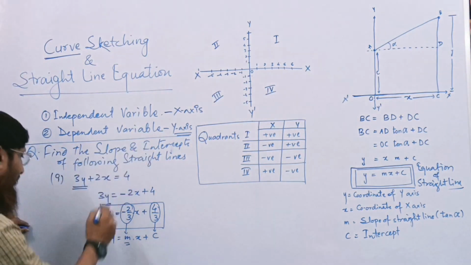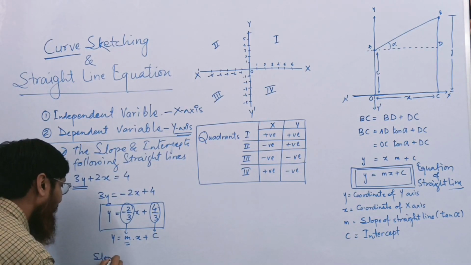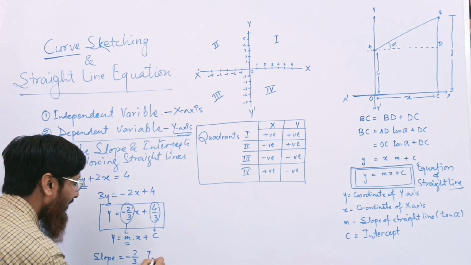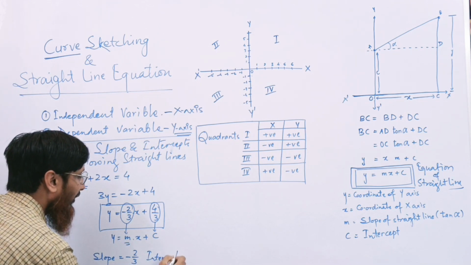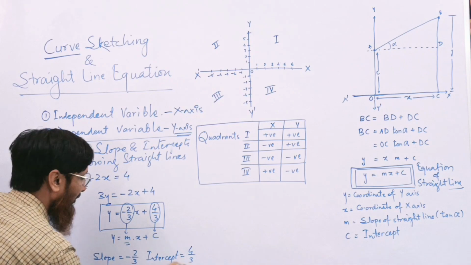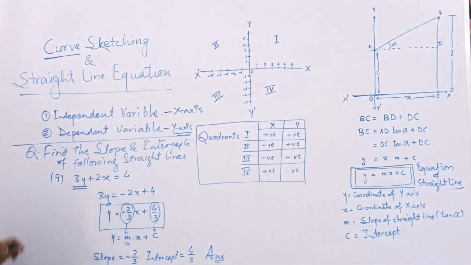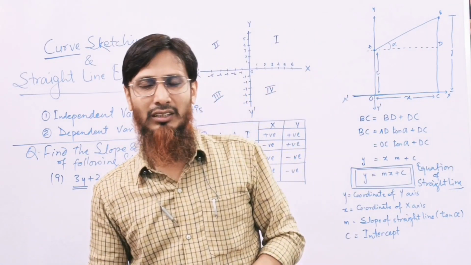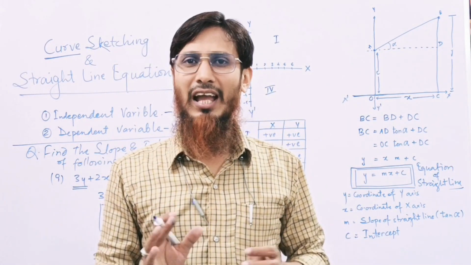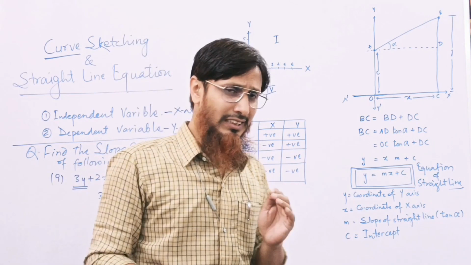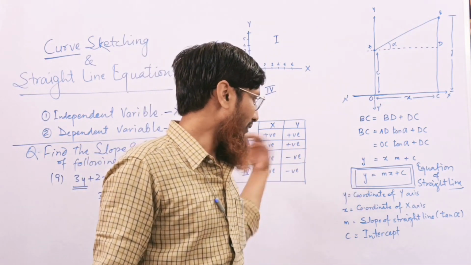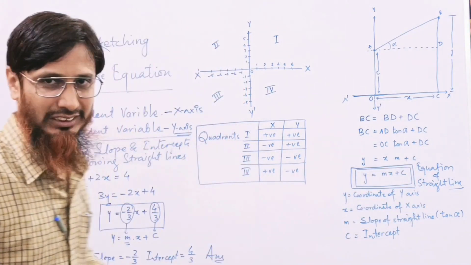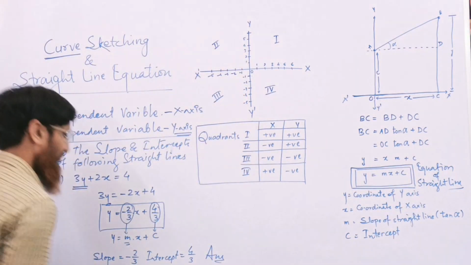So here in the question, the slope of the straight line would be minus 2 by 3, and intercept would be 4 by 3. This is the answer. So it is very easy to get the answer from the question. We just have to take the step of converting the question into y equals to mx plus c, whatever the question would be. So the next question is